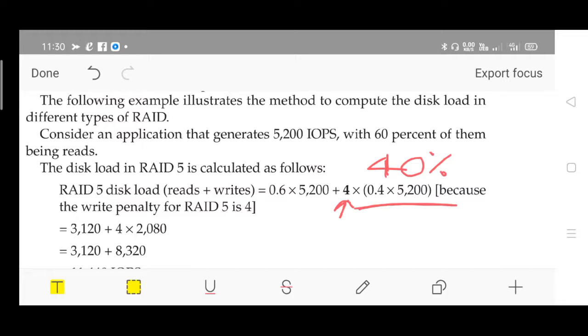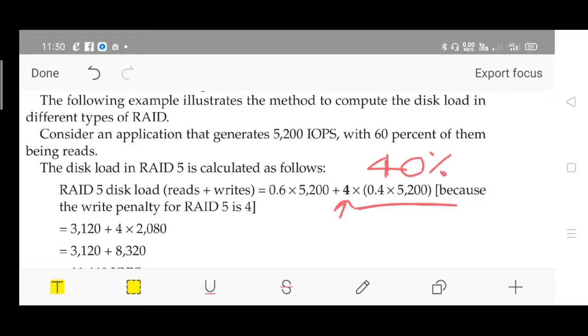That is accessing the previous parity value, updating the particular block of the parity, recomputation of the parity and storing the parity value. These are all the additional steps you are performing. Please try to remember the write penalty value for all the RAID levels; we'll be considering the comparison chart for RAID levels in the next session. It is fixed. The write penalty value for RAID 5 will be 4.